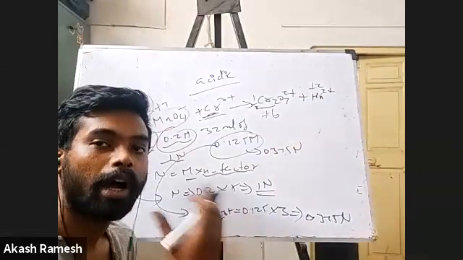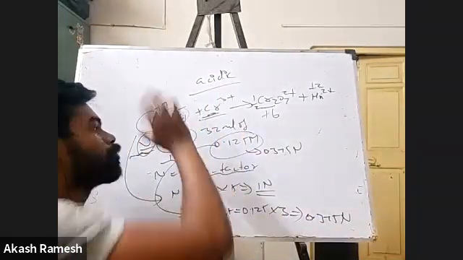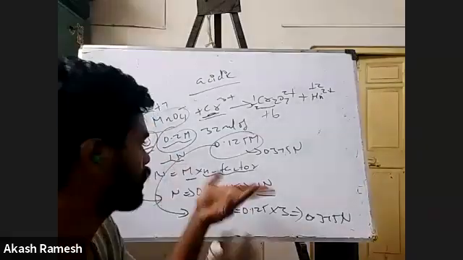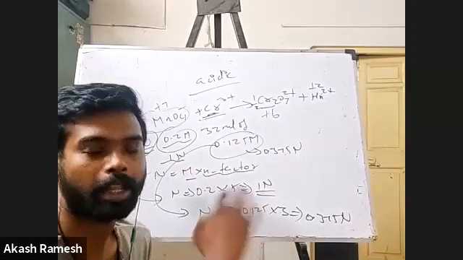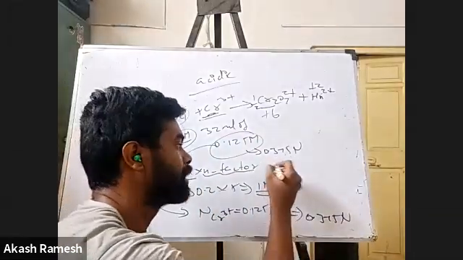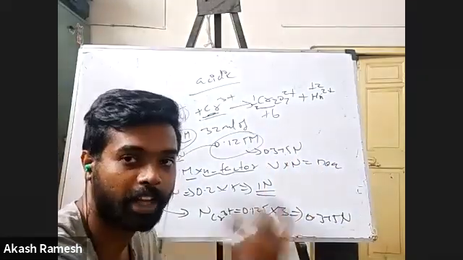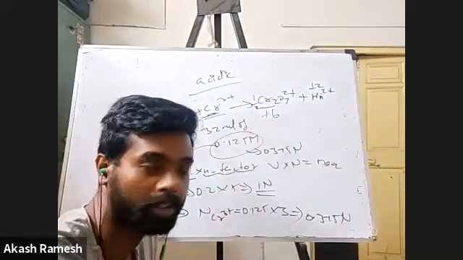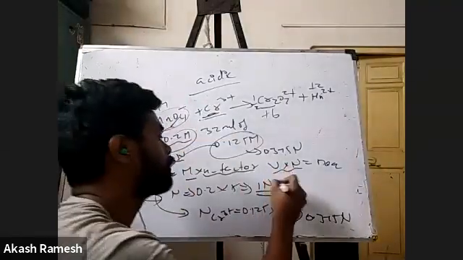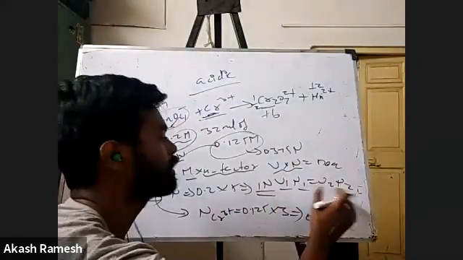Now you have to calculate the number of equivalents, and whatever the number of equivalents I have here, the same number of equivalents I should have for MnO4 minus, because obviously there's no question of limiting and excess reagents here. They want the complete reaction. So how will you calculate the number of equivalents? Just like volume into molarity gives the number of moles, volume into normality gives the number of equivalents. So now I can write V1N1 equal to V2N2,